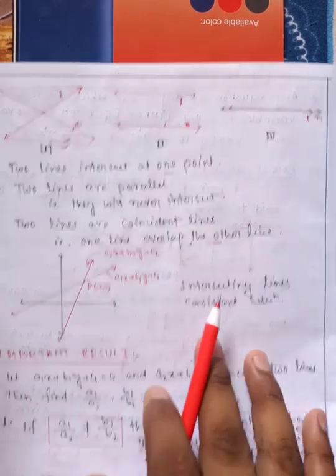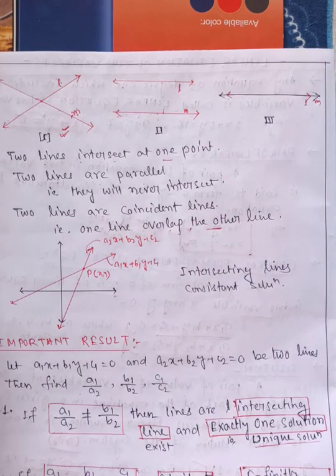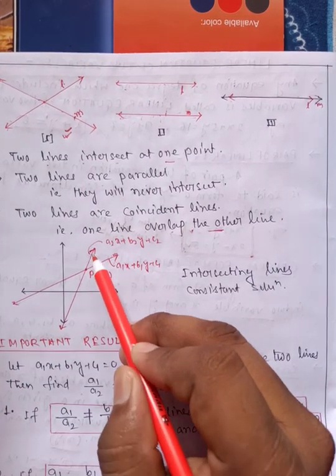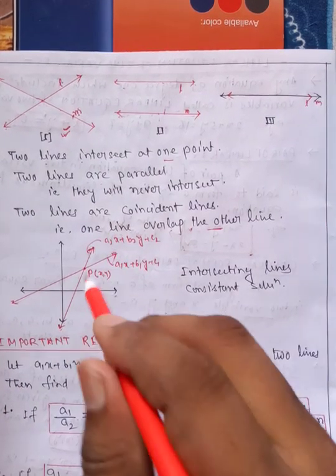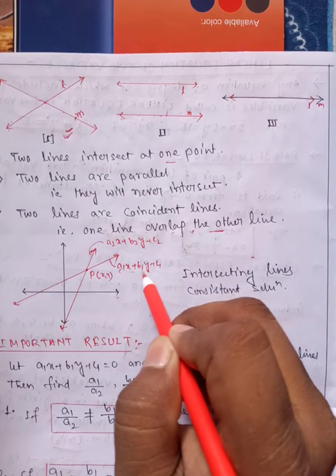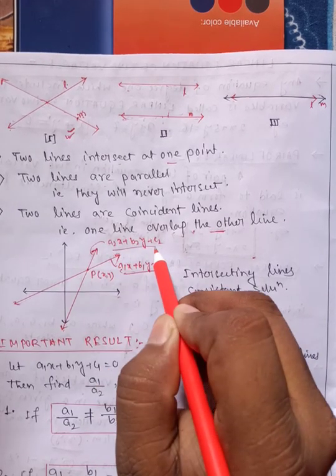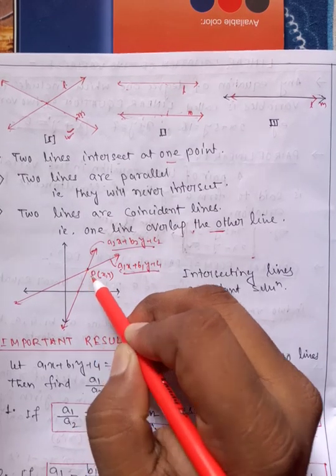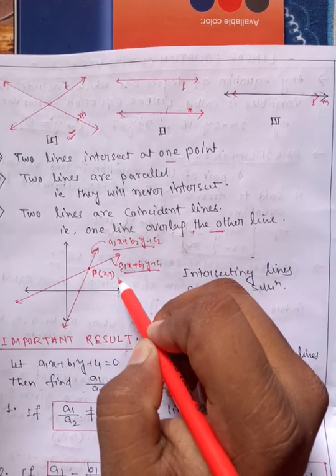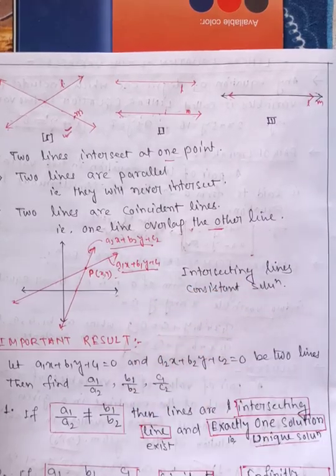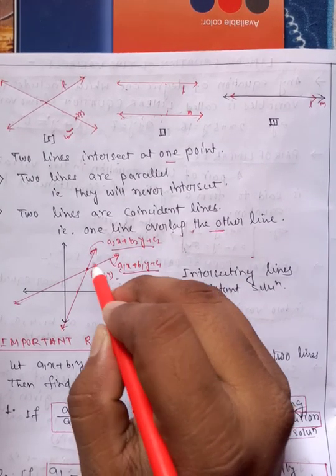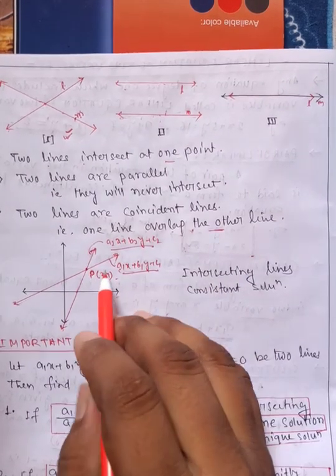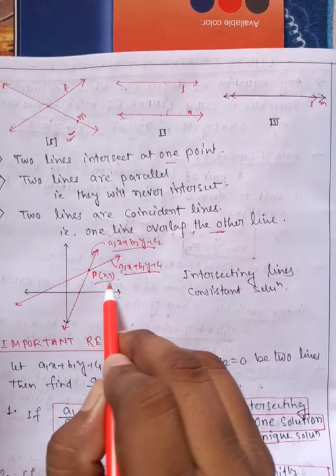Okay. Now, what is the geometrical representation of a solution of a straight line? Suppose this is a straight line and this one is another straight line. Suppose this is a1x plus b1y plus c1 and it is a2x plus b2y plus c2. These two straight lines intersect at this point, suppose P(x, y). So what is the geometric representation? These straight lines are intersecting straight lines and intersect at the point P(x, y).